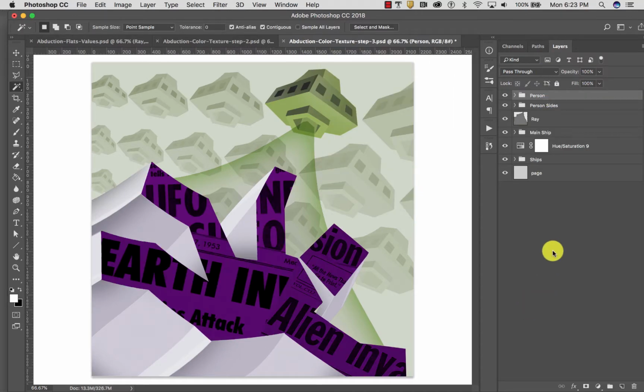I'm going to show you another way to make a texture. I'm going to go for a halftone kind of overall texture to give it a little bit of a retro look. But I don't want that texture over the person because I want the person to pop out. So first thing I'm going to do,